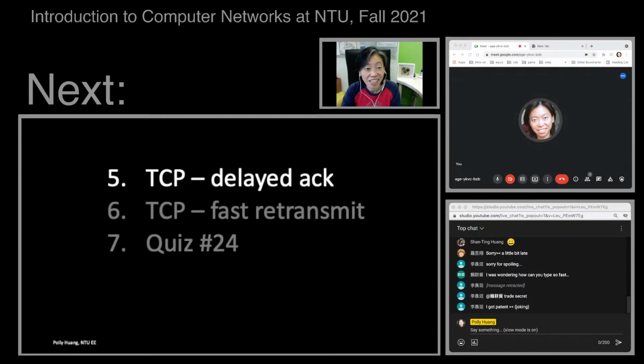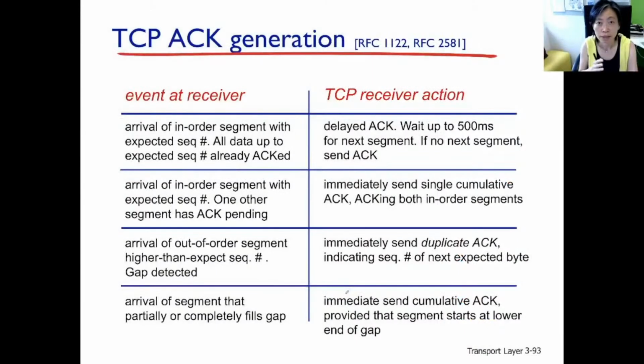All right, good. And you might notice that until now, the finite state machine we talked about is strictly the sender side. We'll be talking about the receiver side here. And here you will hear that TCP's receiver is a little bit unique. It's not sending one ACK per data packet. It's actually sending ACKs in this very special way called delayed ACK. So this is the mechanism implemented at the TCP receiver.